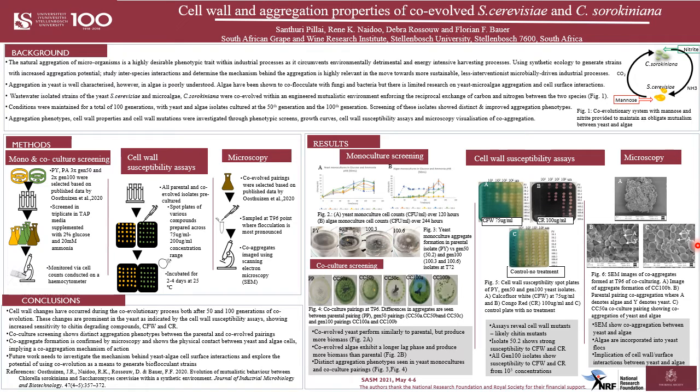Microscopy images demonstrated physical contact between yeast and algae cells, implying a mechanism of action where the algae are incorporated into the yeast flocs. In conclusion, it's evident that cell wall changes have occurred over a relatively short evolutionary period. This research also serves as a proof of concept that co-evolution is a strategy to generate strains with a range